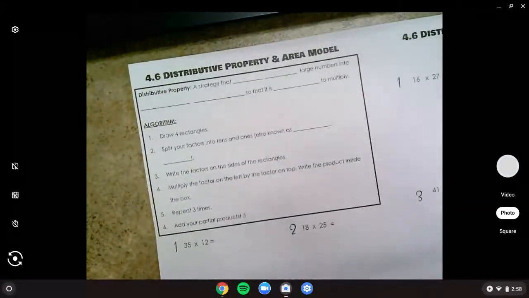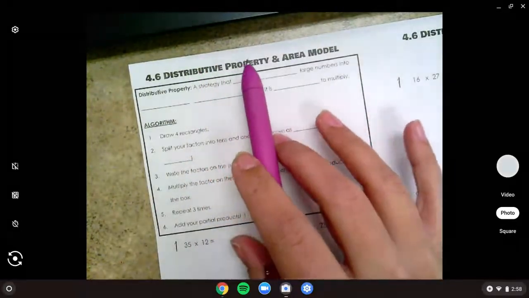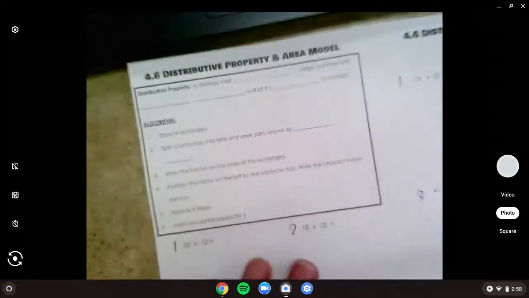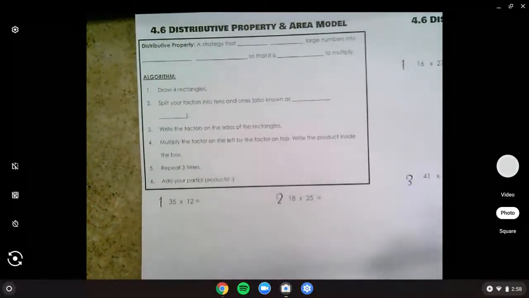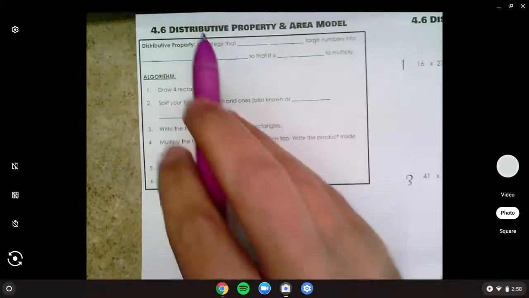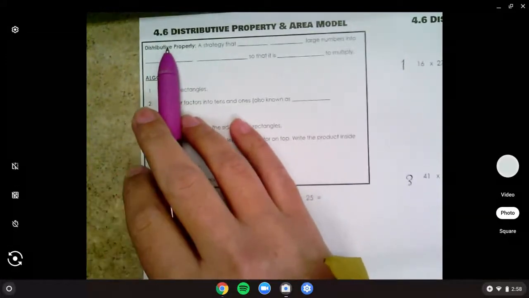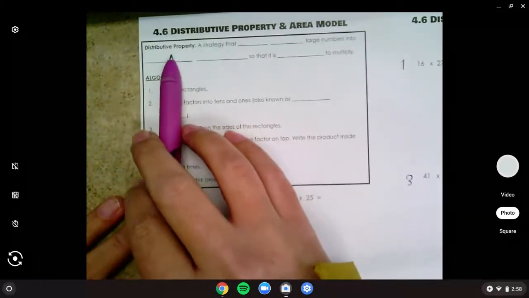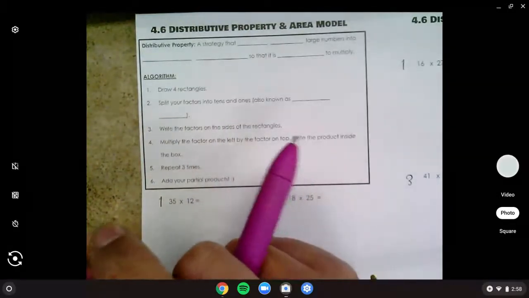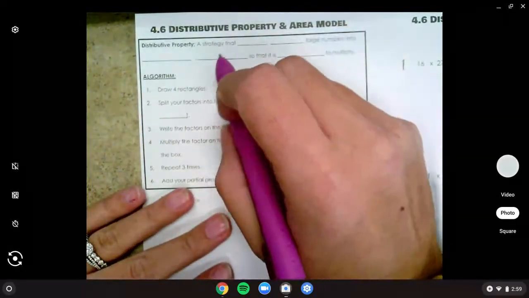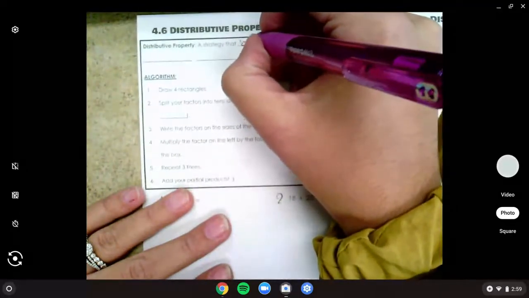We're doing 4-6 today. We're going to learn a new vocab word called the distributive property, and then we're going to do just more practice with the area model just to get better and better at it, okay? So what we are doing is, first, our vocab word. We have distributive property. Try saying that. Distributive property. What this is, it's a strategy that breaks